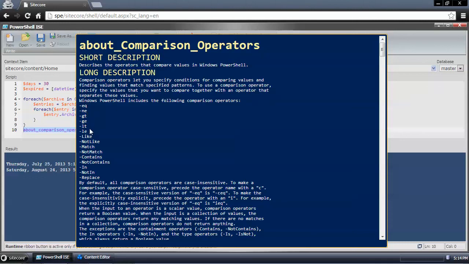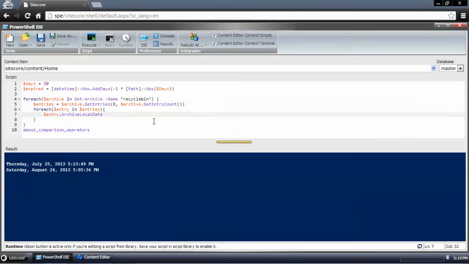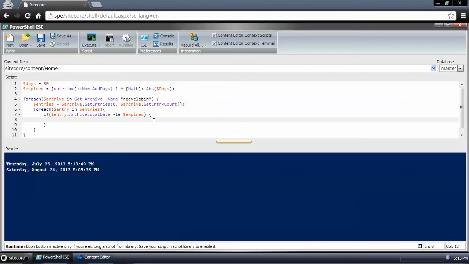I want to know if the archive local date is less than or equal to the expired date. So if it's 30 days or older, delete it. Therefore, I can do less than or equal to $expired. We need to place this in some if condition. And then, if it needs to be removed, I can do archive remove entries,